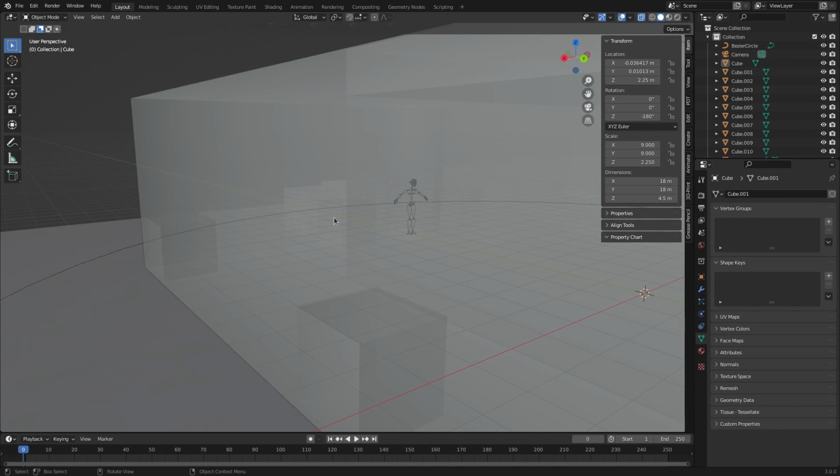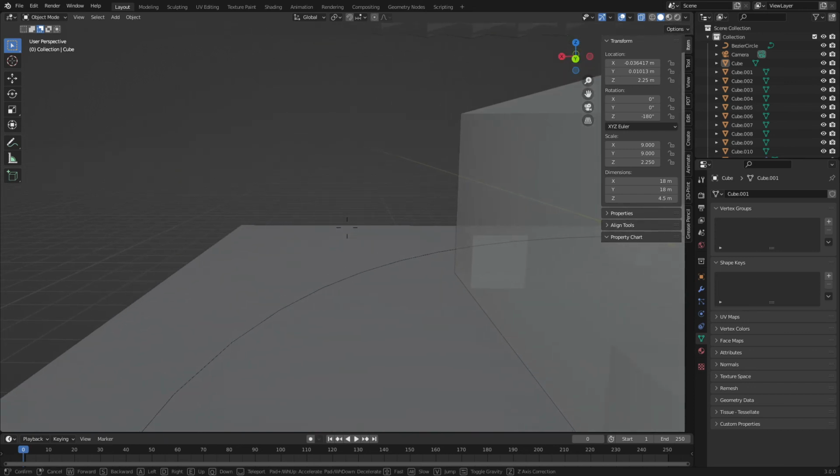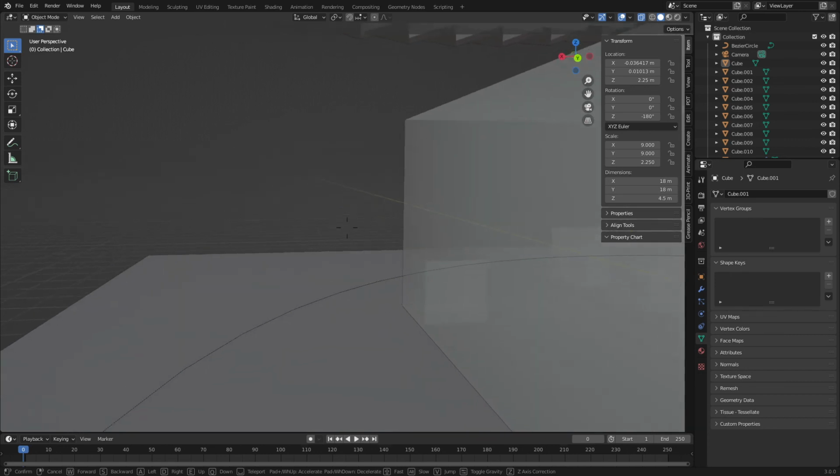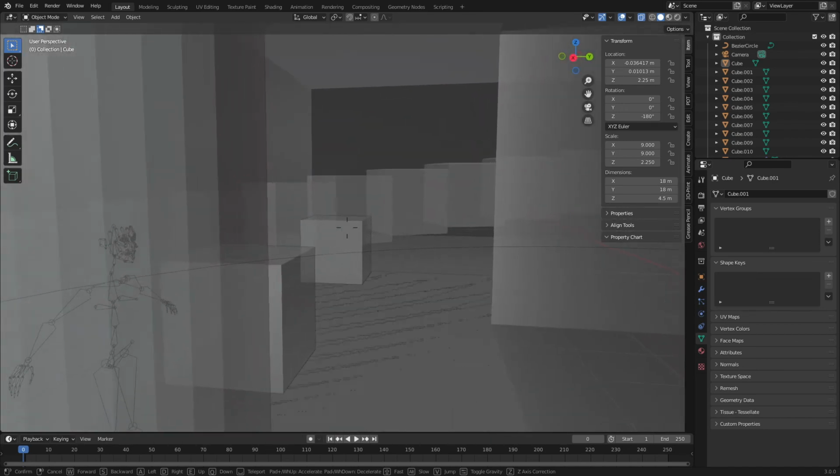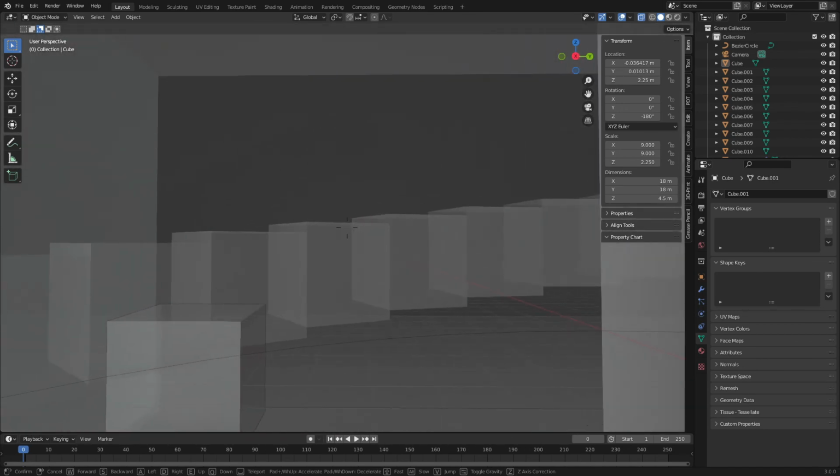And I just really want to reemphasize what I said at the beginning. When you're working on a scene, and I don't know how else to explain this other than you just kind of have to experience it, when you're working on a scene or a map for a game or whatever the case is, going into